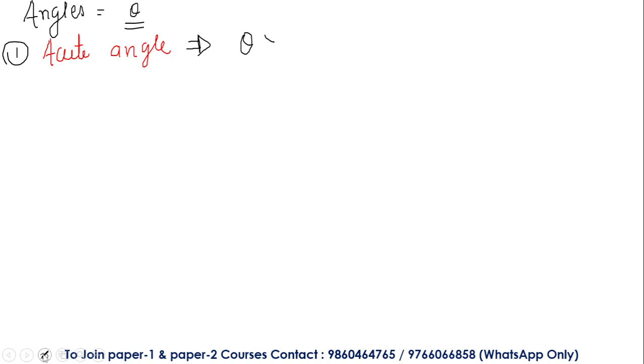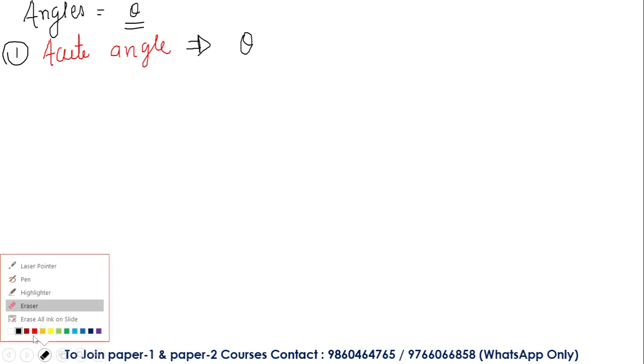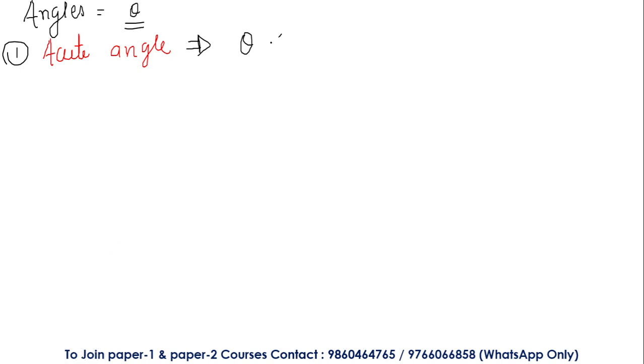So what is the symbol of representation of less than? It means the number on the other side of theta should be greater, right? So theta is lesser than 90 degree. This is how we represent it. So always remember, in case of acute angle, the theta or the angle is less than 90 degree. For example, 10 degree, 20 degree, 25 degree, 30 degree, 40 degree, 60 degree, and so on till 90 degree, less than 90 degree.